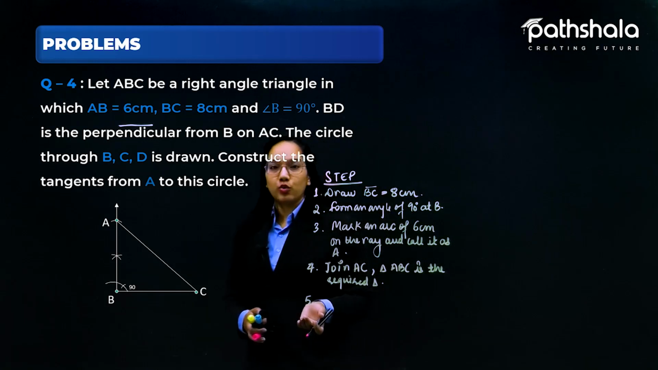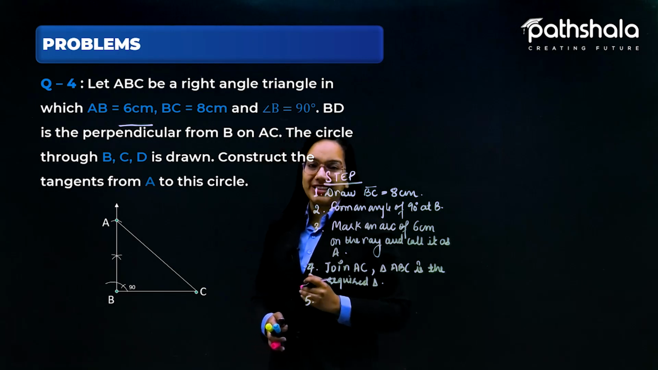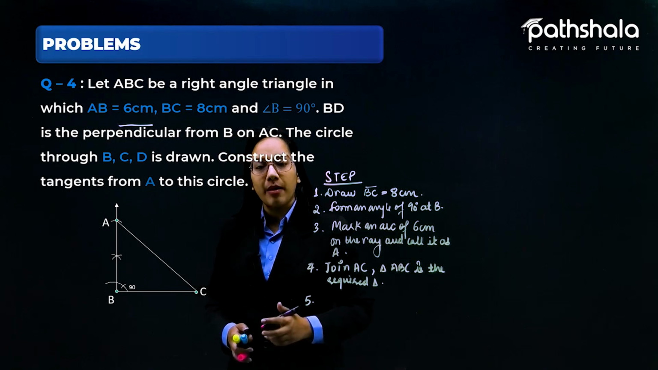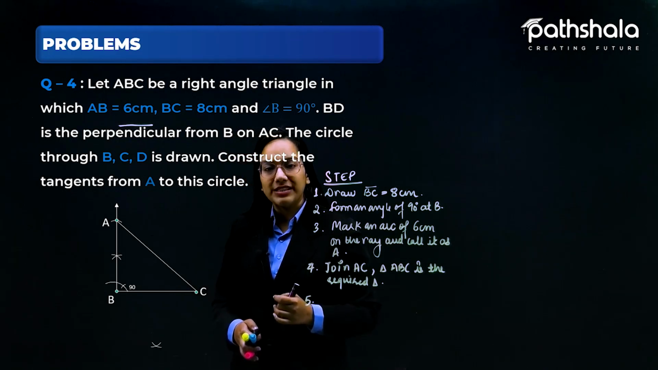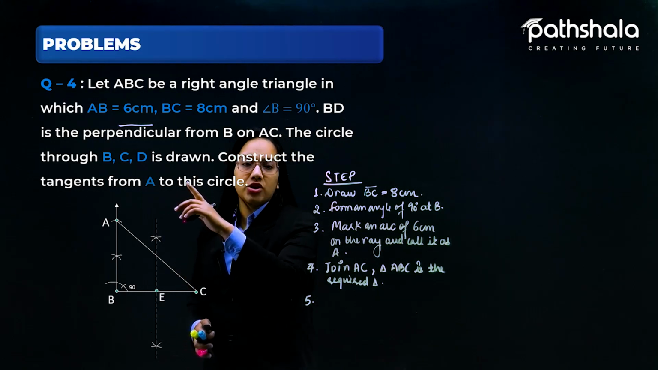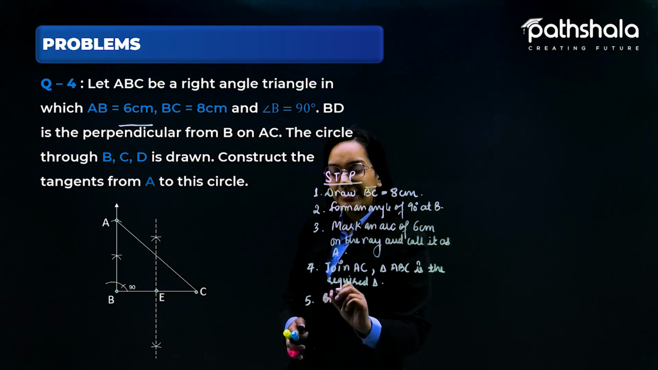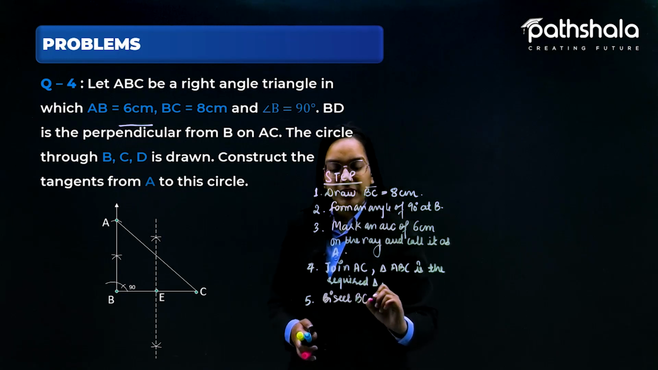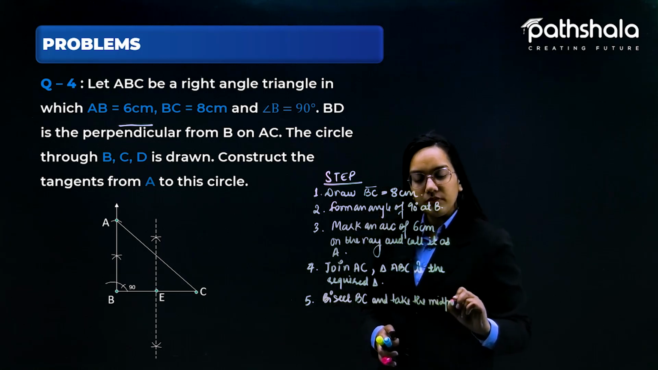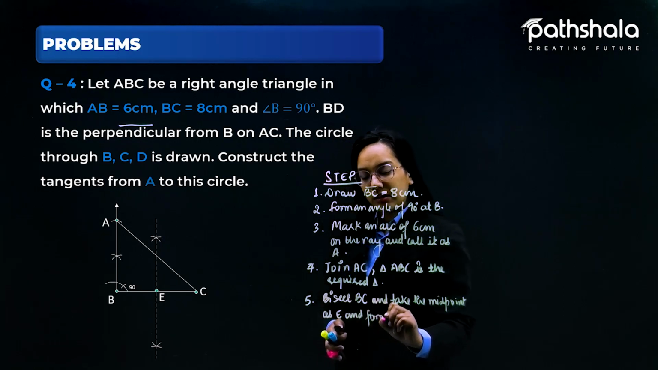Now let's move on further toward the construction of the tangents from A to the circle. First of all, as we have BC, we have to bisect this BC. So let us suppose I am forming a perpendicular bisector of BC. These are my two arcs above, these are my two arcs below. I join them, and I call the midpoint E. So the next step would be: bisect BC and take the midpoint as E, and form a circle